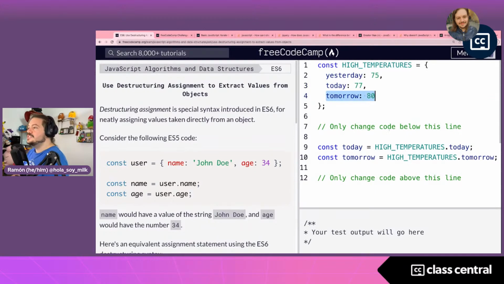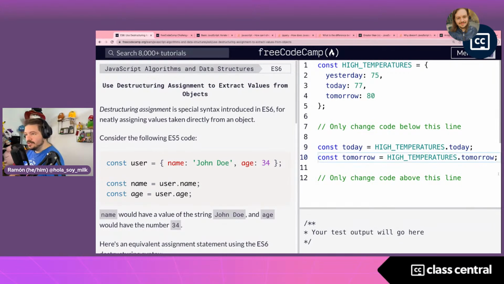So only change code below this line. Let's see what we got. We've got a const called today set to high temperatures.today, and we've got a const called tomorrow set to high temperatures.tomorrow. So essentially what we're doing is storing the today and tomorrow key properties into those 2 variables,